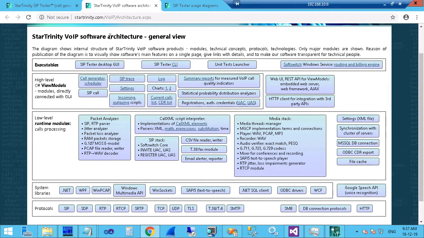We continue SIP tester training, session number 3, and we talk about the architecture of SIP tester. Okay. The SIP tester,